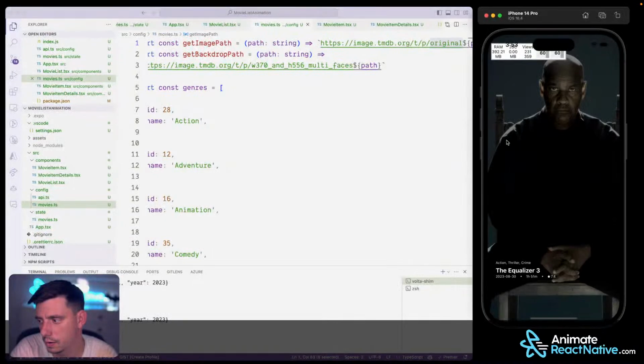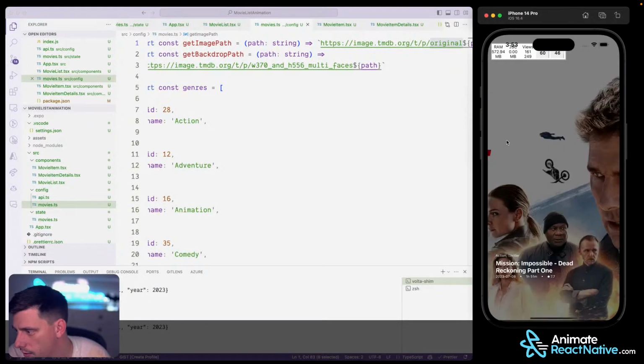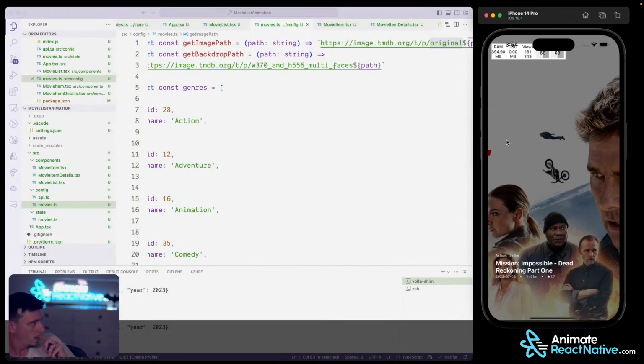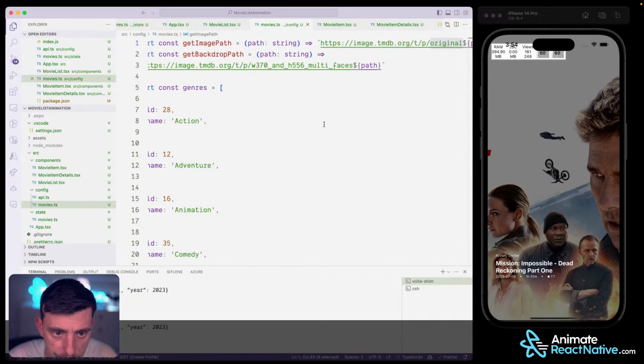Really interesting. Why is this dropping frames? I don't know why this is dropping frames,